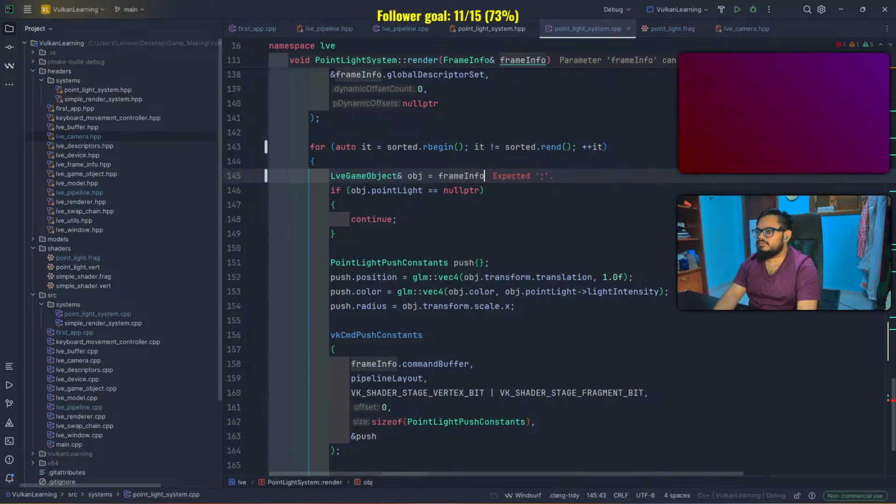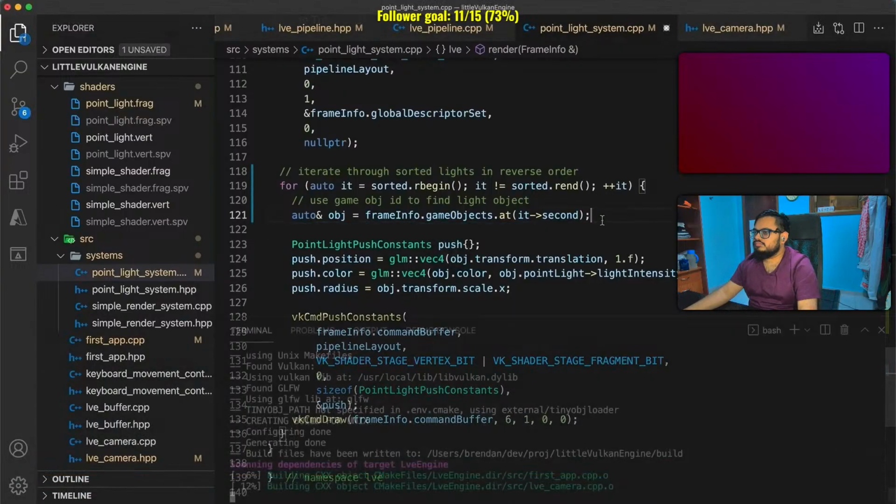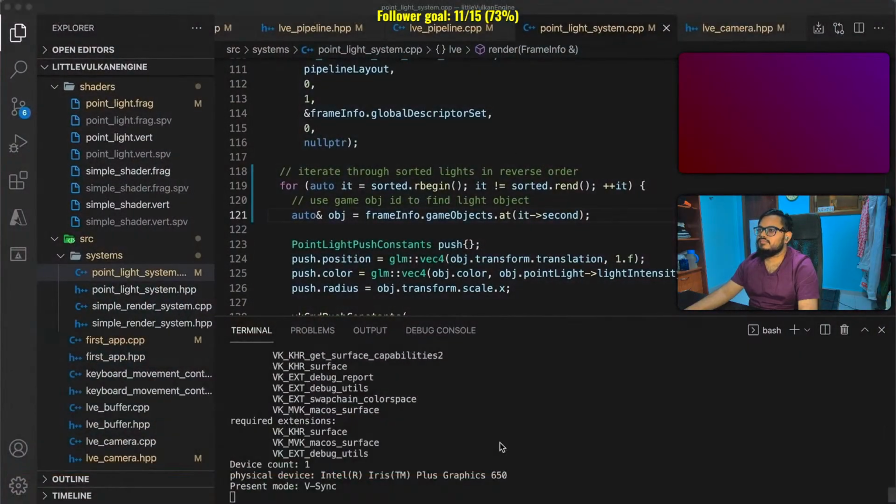Frame info dot game objects dot add, it dot sorted second. We can remove this filtering step, as we know already that we only have point lights at this point now. We can build and run, and now regardless